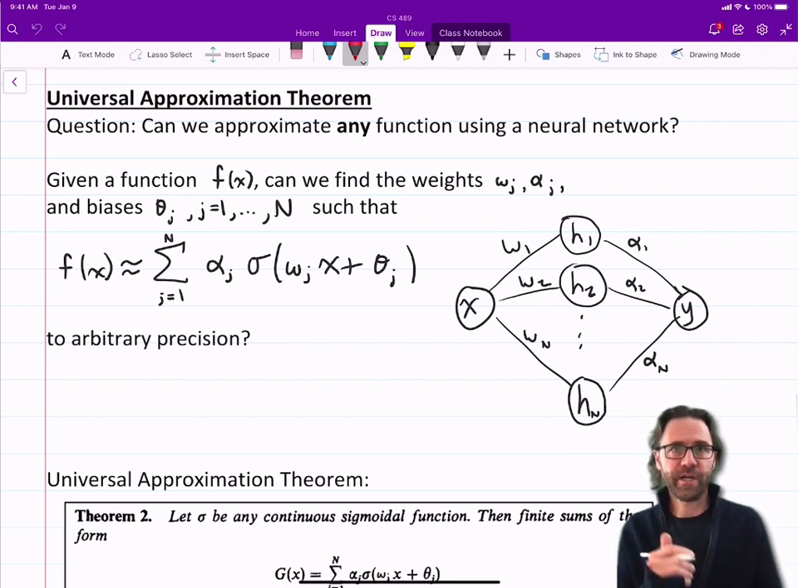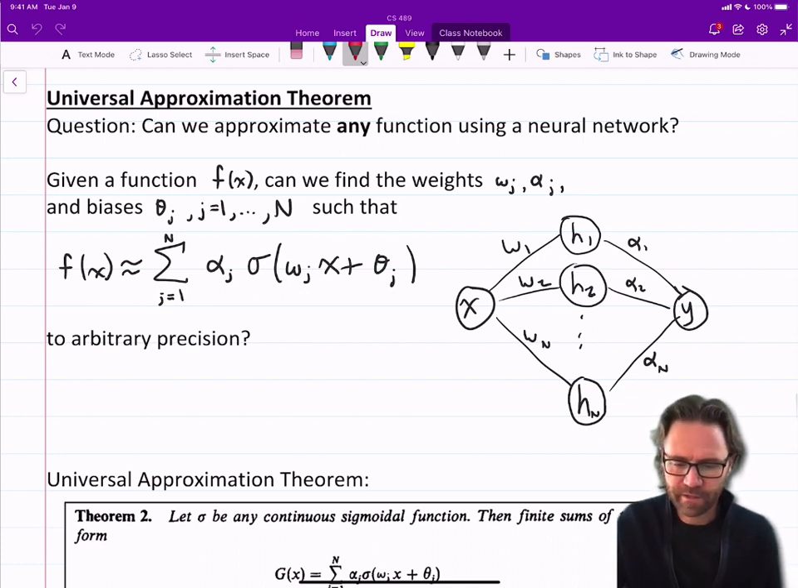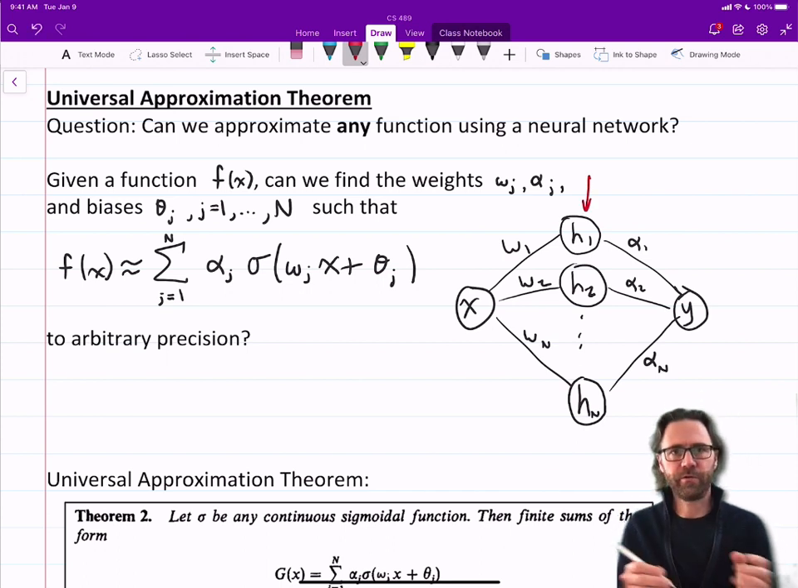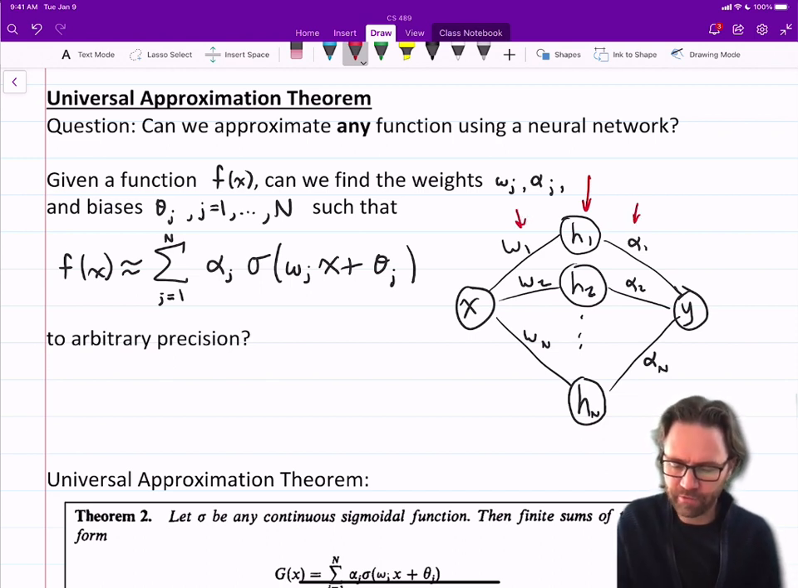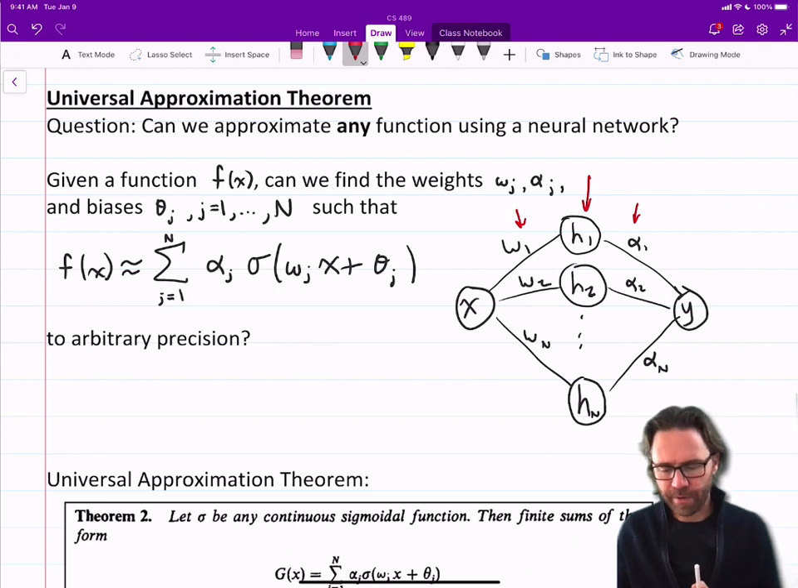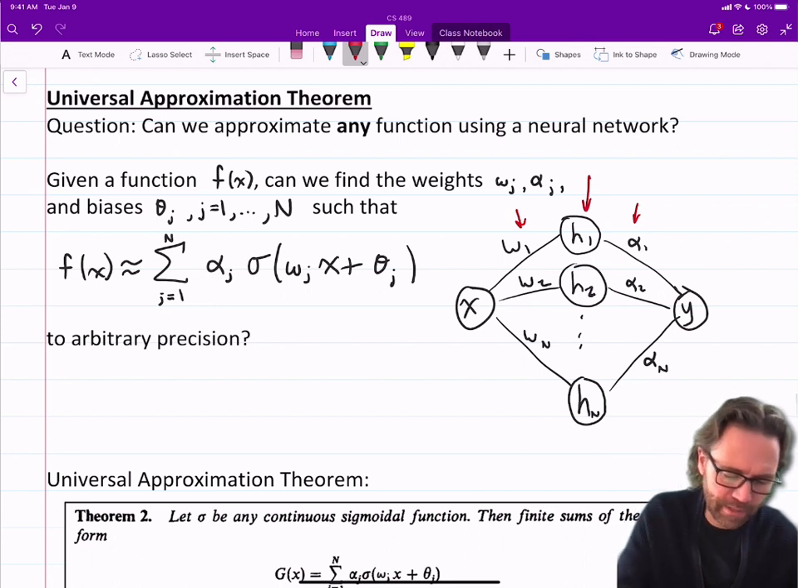So the question is, can we approximate any function using a neural network? Just to set up, given a function f of x, can we find the weights w sub j, alpha sub j? So j here is indexing these hidden neurons. Can we find weights for this layer and decoding weights, which I'll call them over here, and biases, n of them, such that our function f of x can be approximated by